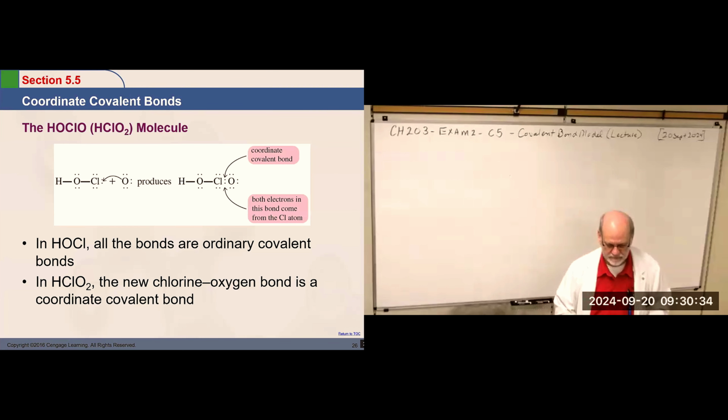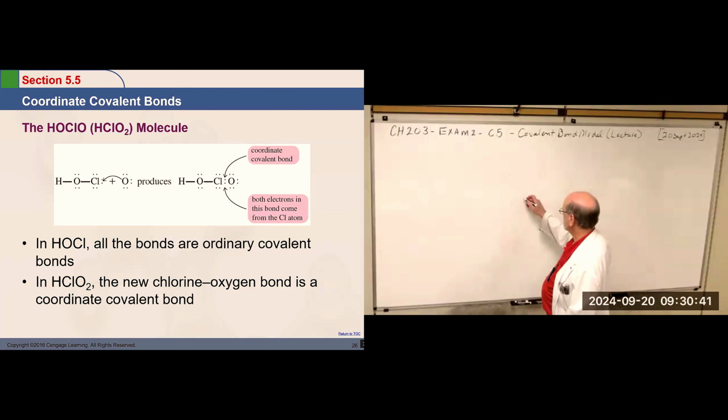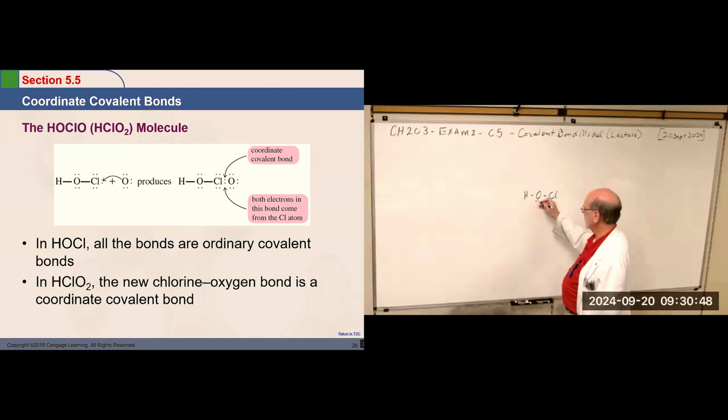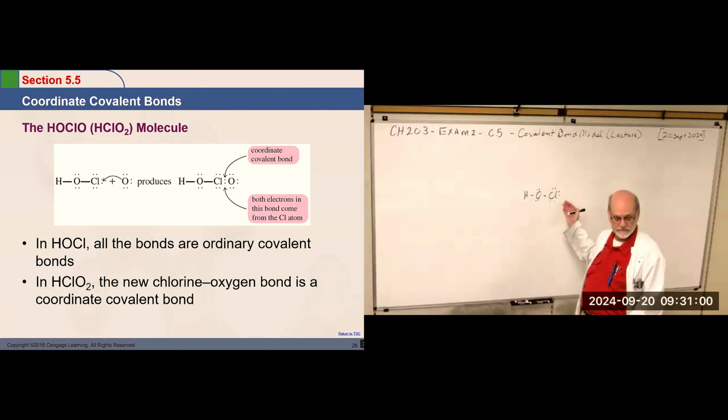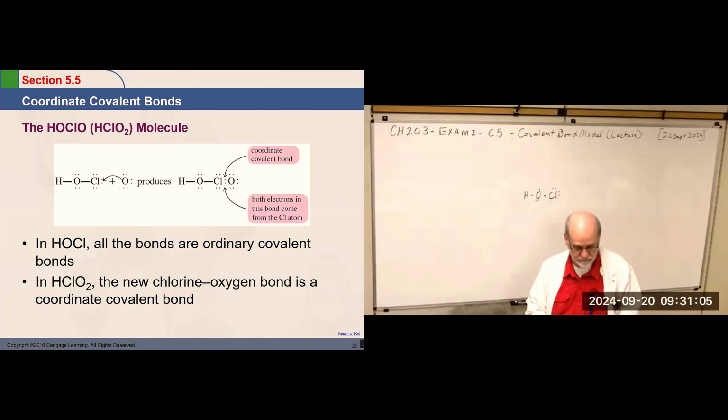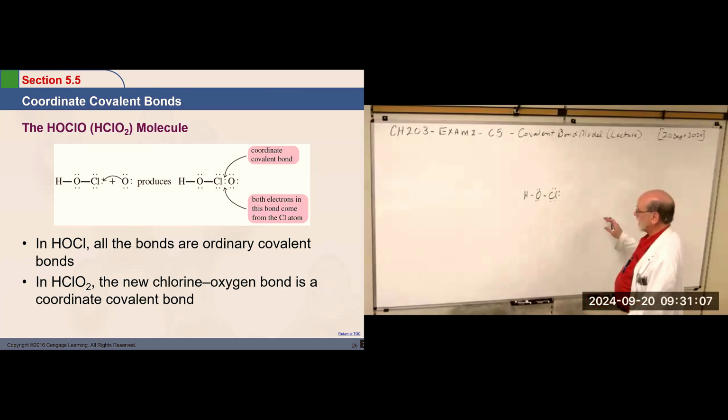So here's an example. Let's see. HOCl is a real molecule. Is it O? Yeah, O's here, and the chlorine's here. So we have an octet there, and we have an octet here. So that's a perfectly happy molecule. If we put it in water, it would be hypochlorous acid. But if oxygen comes along and wants to,